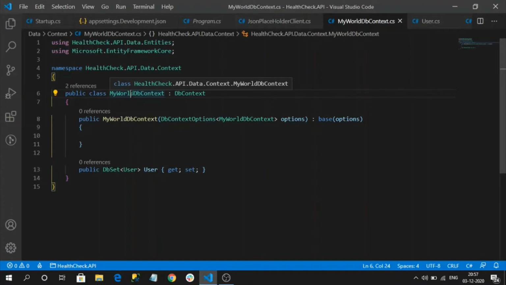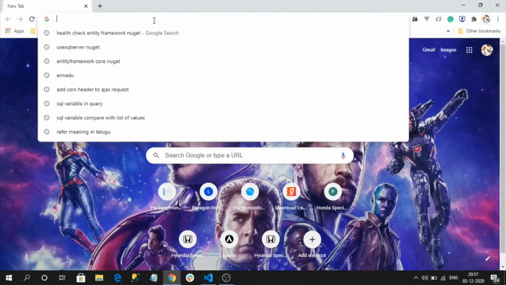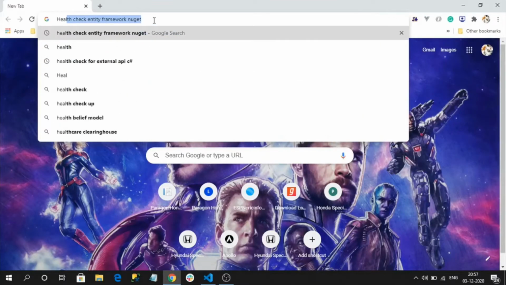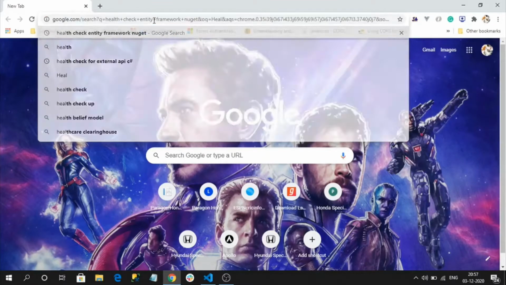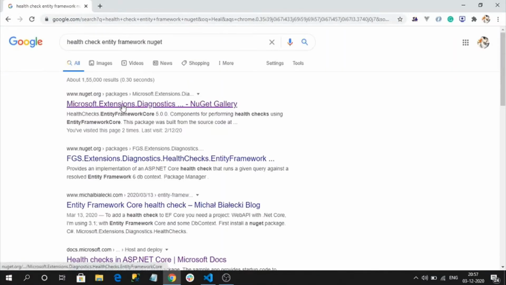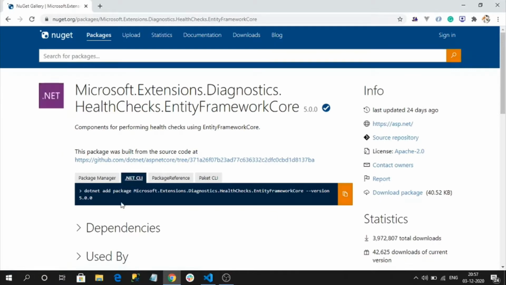For that I need to install one library. Search for health check entity framework on NuGet. On the top, click here. You can find a library called Microsoft.Extensions.Diagnostics.HealthChecks.EntityFrameworkCore.